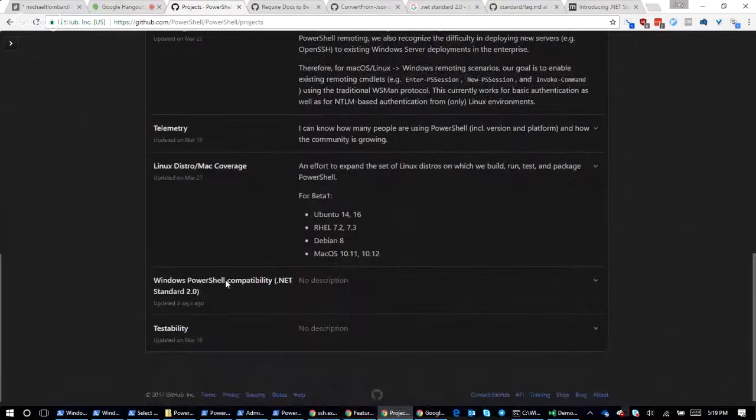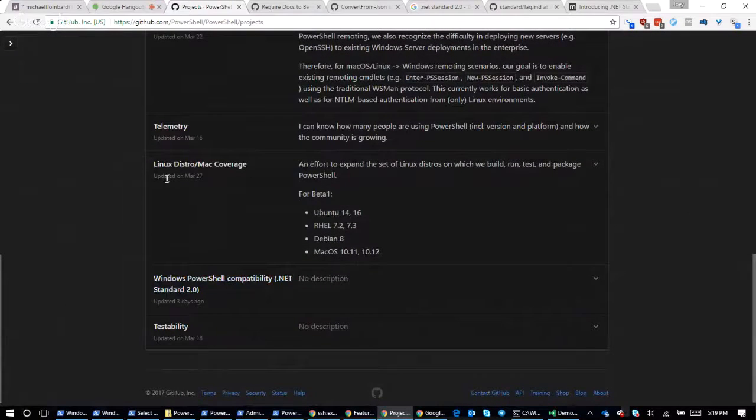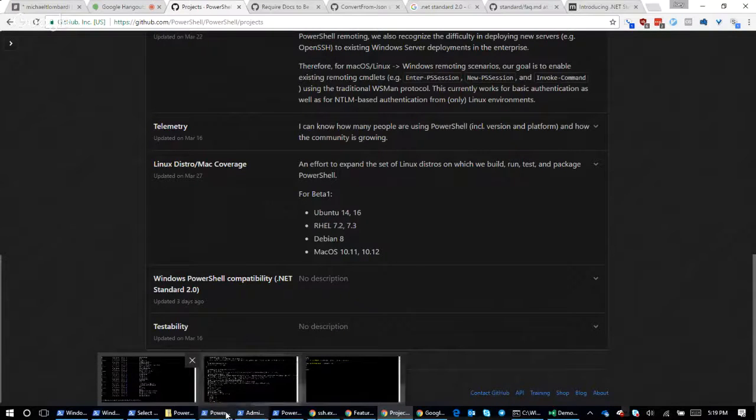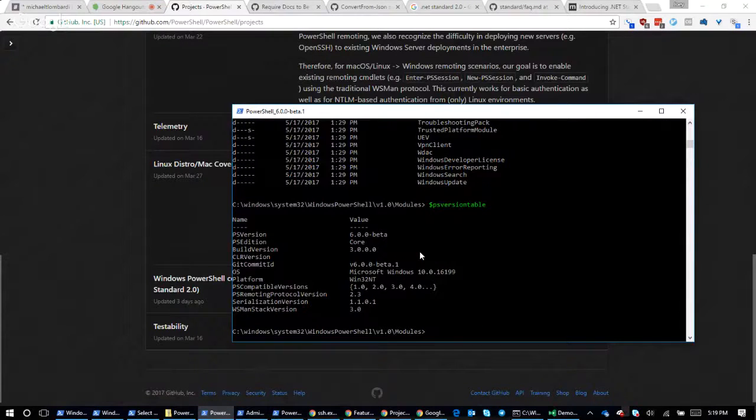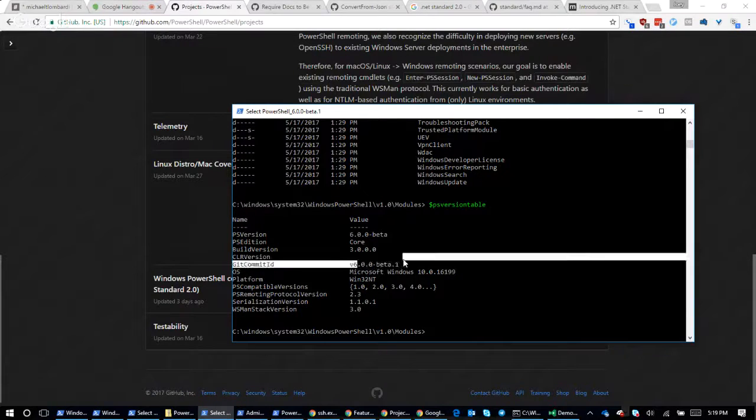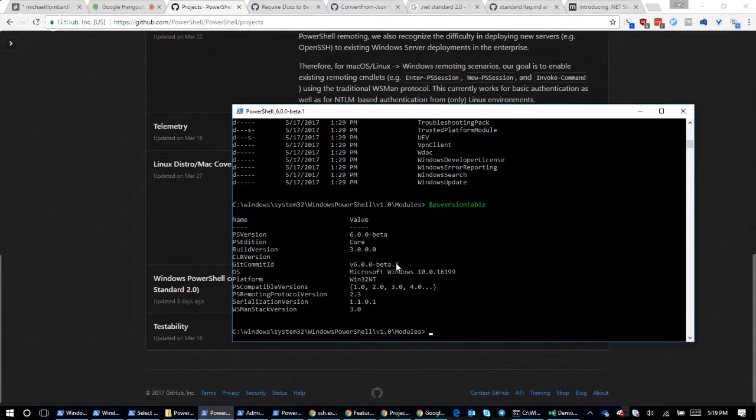Our telemetry, which we do have a little bit of right now. Right now, we're only shipping 2 pieces of information: the git commit ID and your OS version. Nothing else. So if you look at PS version table here, I just want to be clear about this because I know it's always a touchy thing. We ship this string and we ship this string. That's it. It all gets anonymized through Application Insights. We are talking about adding things there, but we will go through the RFC process, which I'll discuss in a minute, in order to get there. Which means you guys have plenty of time to vet it, give us feedback, tell us we're crazy and that you don't want more telemetry and whatever.